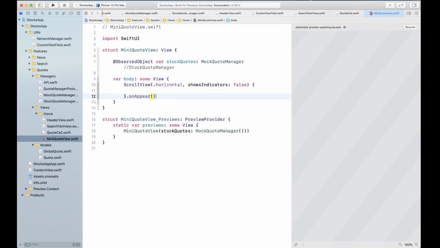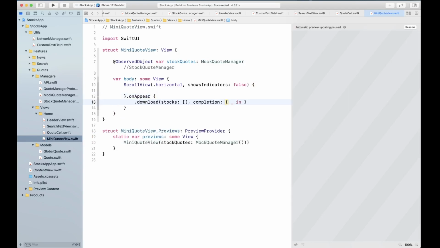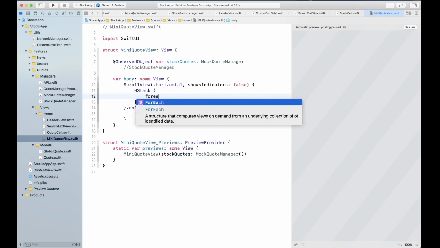So we are just gonna call it stock quote, like so. Let's go ahead and fix this. I think that should be good. Yes. Okay.